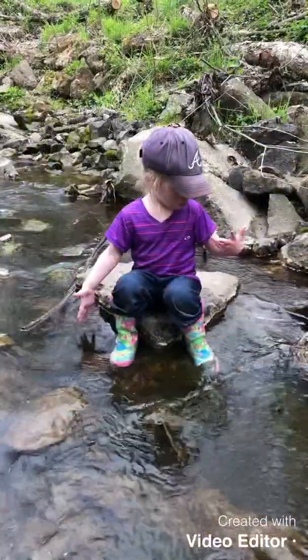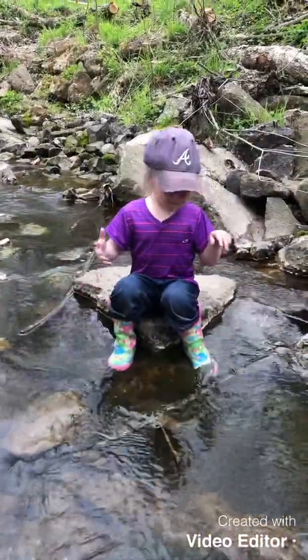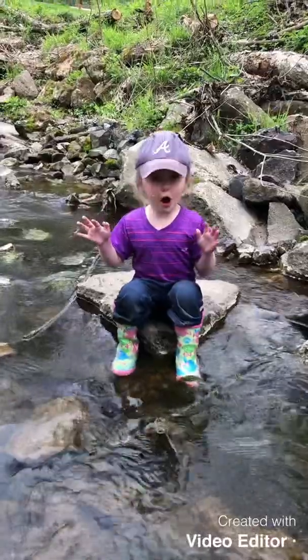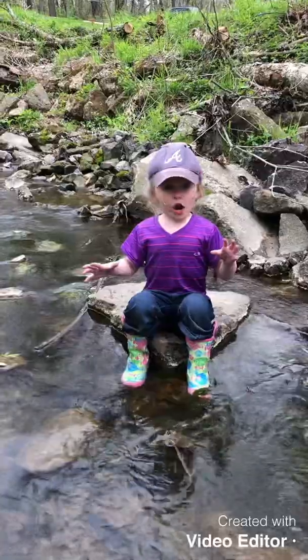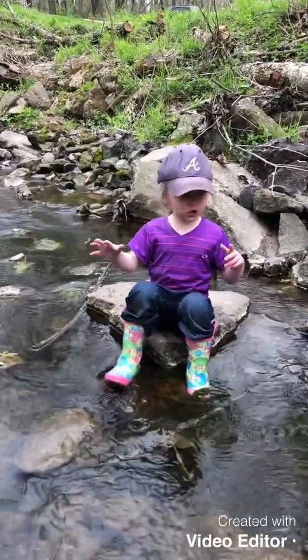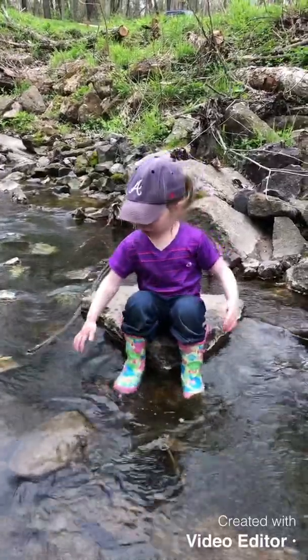What was your favorite part? Catching 2 frogs. Yeah. Are you wet or dry? We are wet because we jumped into this water and then